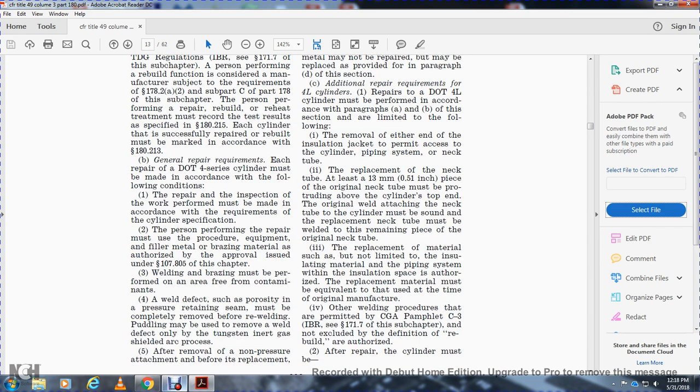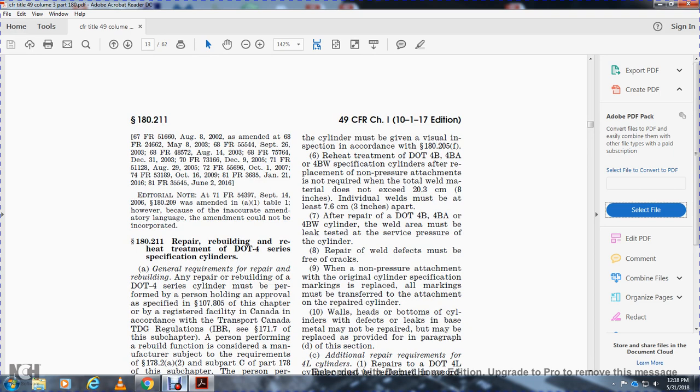Weld defects such as porosity in the pressure-retaining seam must be completely removed before rewelding. Puddling may be used for the removal of the weld defect only with a tungsten and inert gas shield or compressors. Every removal of a non-pressure attachment must be made before it is replaced. The cylinder must be given a visual inspection in accordance with 180.205, then reheat treated, with the 4B, 4BA, 4BW specification symbol,